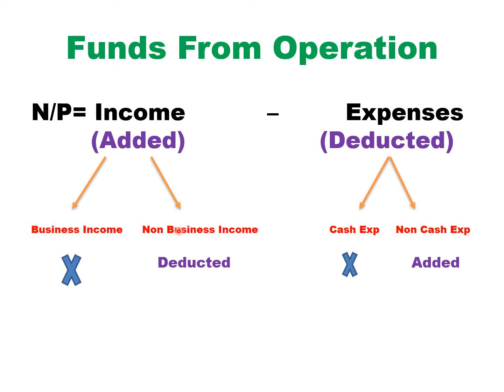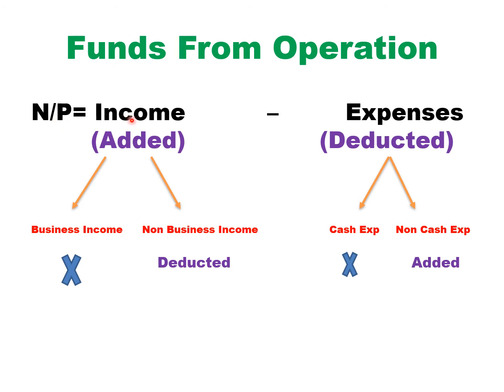Business income is like sale, commission, brokerage; all these are called business income. What are non-business incomes? Income earned not related to business, which we have discussed in income tax: rent from house property, interest received, dividend received. All these are income but not related to business. So students, when we calculate the fund, meaning the profit, meaning the working capital,